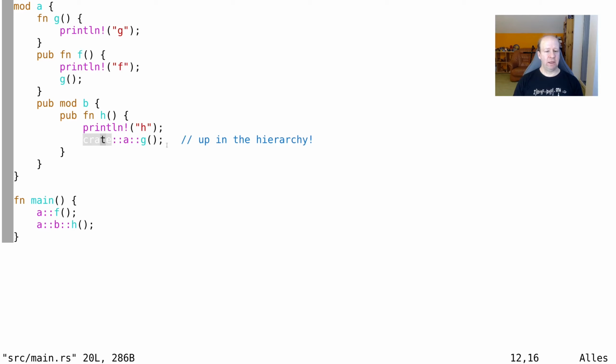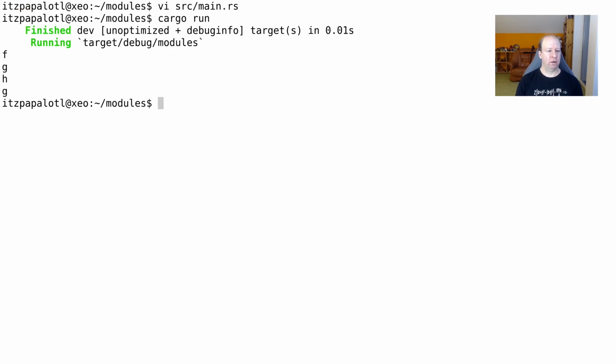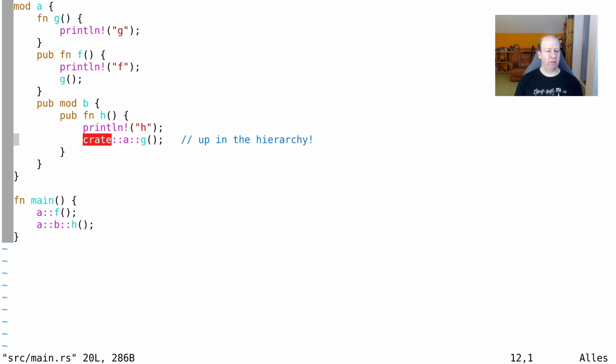Notice that this here is possible, although the function g is not public. So a submodule B can see the private functions one or more up in the hierarchy, but it doesn't work the way down. So this here works. H can actually call G upstairs, but if I put a function